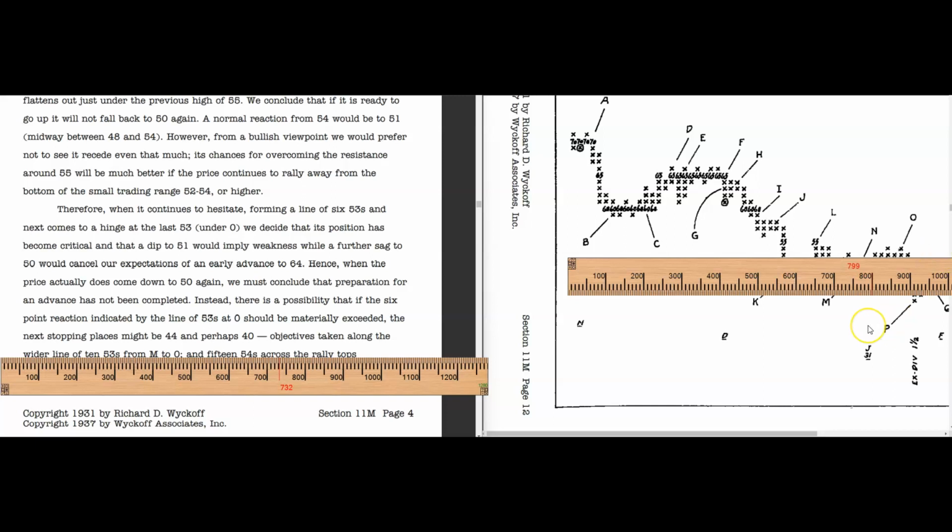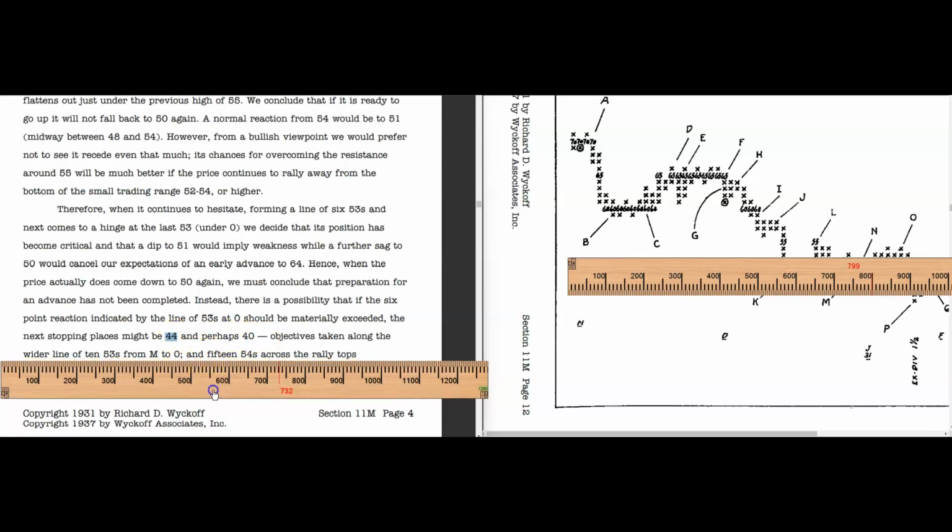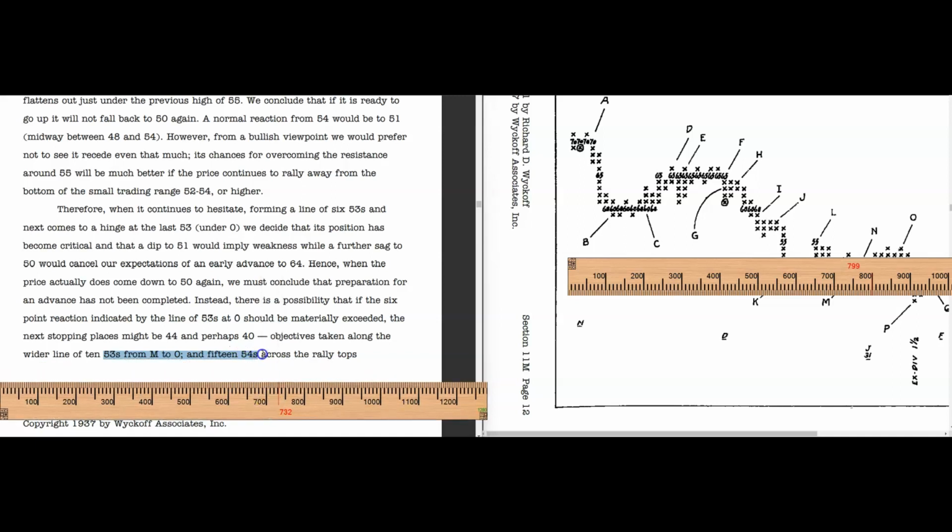So 15 off of 53. So that would be around 42. Around 42. So he's doing around, might be 40 to 44. Okay. Objectives along the wider line of 53s from M to O and 15 across 51 across the rally tops